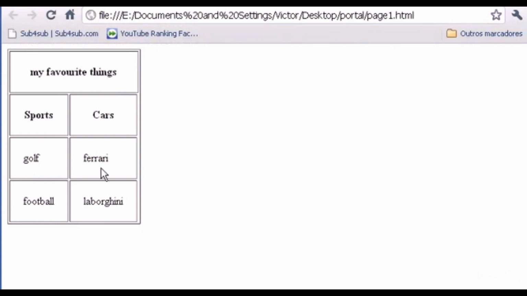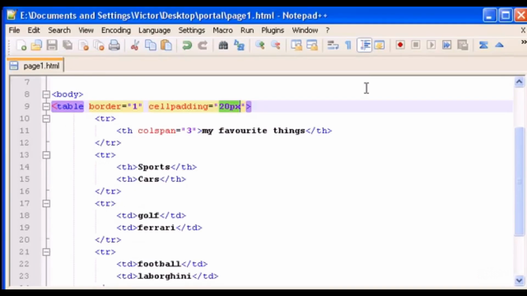Okay, so the cells will increase 20 pixels wide, all the same. They have increased 20 pixels all at the same time. So we can always increase to the number we want here, to all the cells. So we can control the cell size. So now we're going to